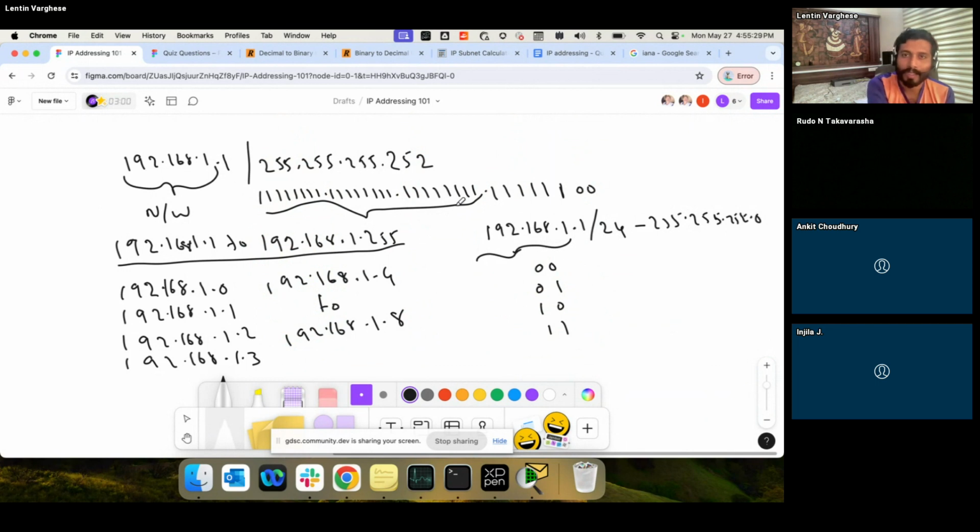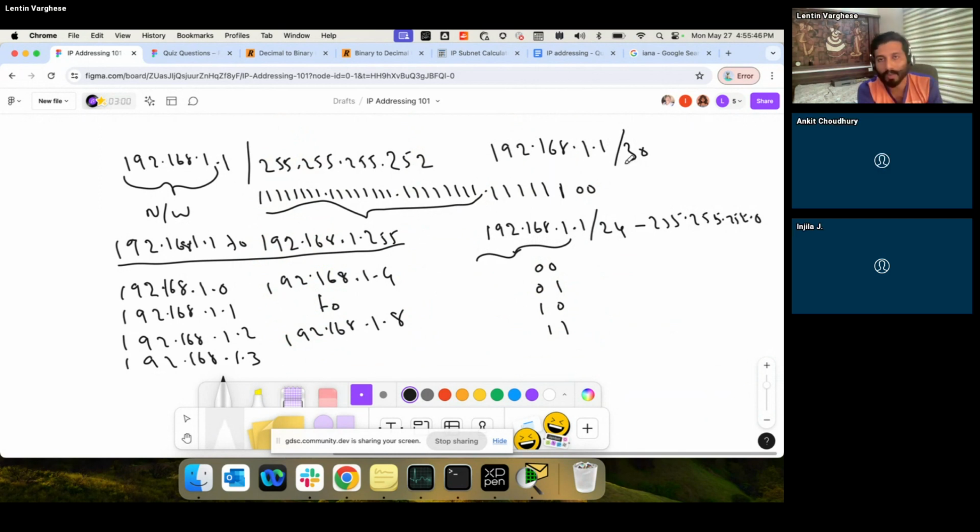255.255.255.0, right? Now in this example, after we did the subnet, it's more than 24: 8, 16, 24, another 6 from here. So that would make it like 192.168.1.1/30, right? So this you will see interchangeably. It could be a subnet mask or it could be a CIDR notation. Both mean the same thing: the number of bits representing the network portion and the number of bits representing the host portion. That's all it is.